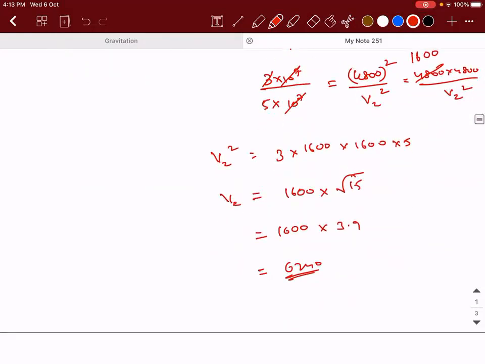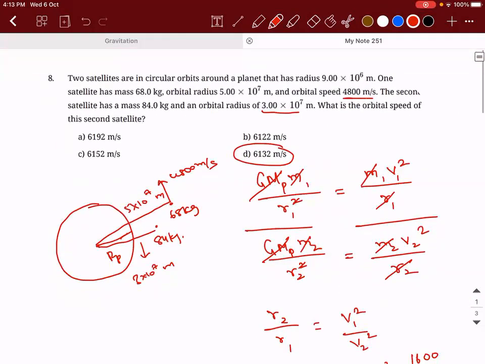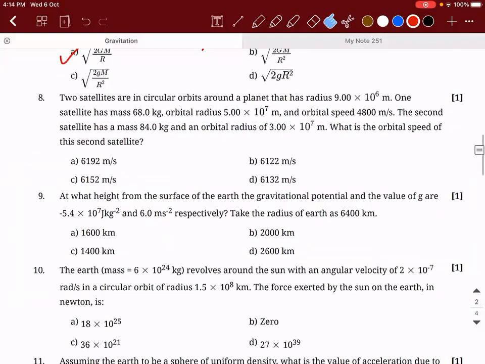One minute. Sir, I'm getting answer as 6,197, sir. Is there an option like that? It should be somewhere around 6,192. Yes, sir. Maybe that is the option. 6,196 is the actual answer. Yes, we can approximate it to 6,192. That's the answer. But let's not be concerned about the answer. It's the method that is important. So it is 6,192.